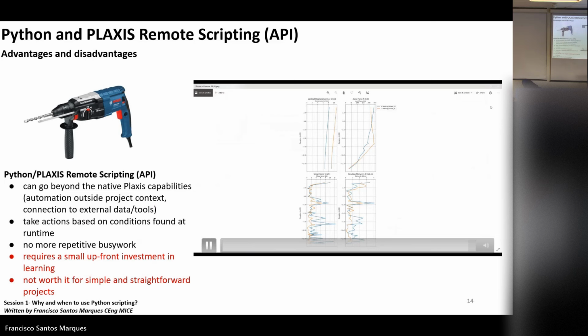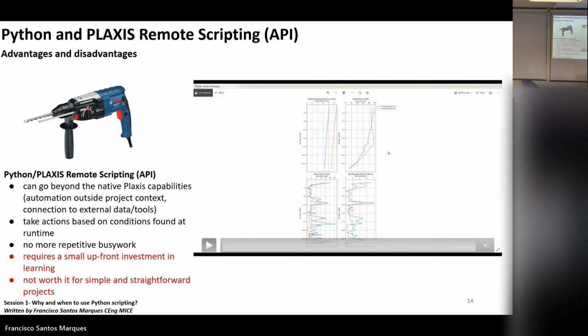Maybe for one pile it's okay, but if you have to do this for multiple piles, and you have to rerun the model countless times and do that all over again, I would say that not only is it not efficient, but at some point you probably want to give up trying to do this manually. Yeah, so basically this is the advantage, of course.